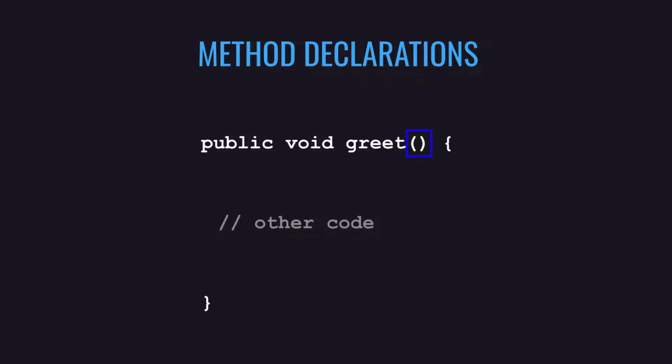Now if you just see parentheses on their own with nothing in them, then that actually means, quite logically, there are no inputs to this particular method. So here this method called greet, it doesn't take any inputs. So in other words, it doesn't need to have any values passed to it to be able to do its job. And the reason is because, for example, you can imagine it would just display hello world on the screen.